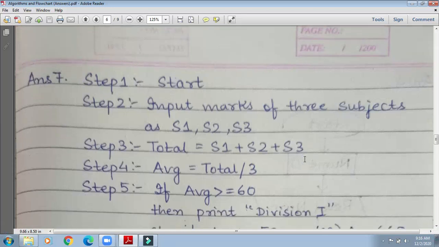The question given on question number 7 is taken from page number 87. Page number 87 is having this.